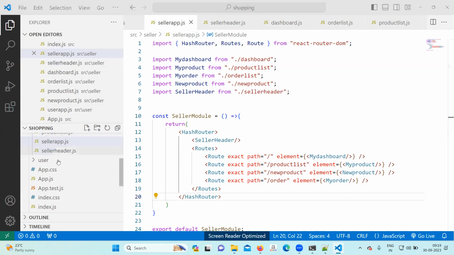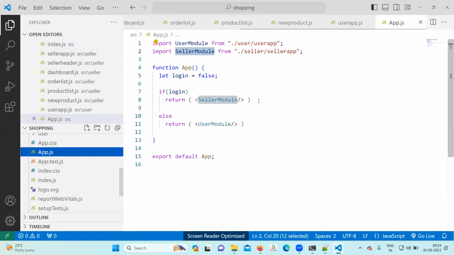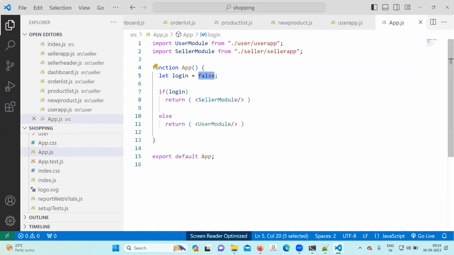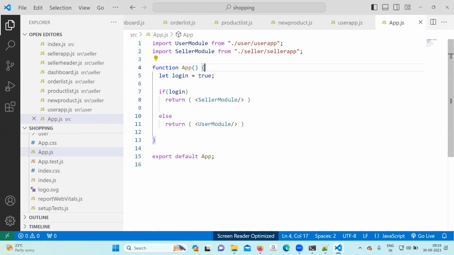Working, so come to the index.js file. Sorry, not index, the app.js file. In the app.js file, you have to make login true.